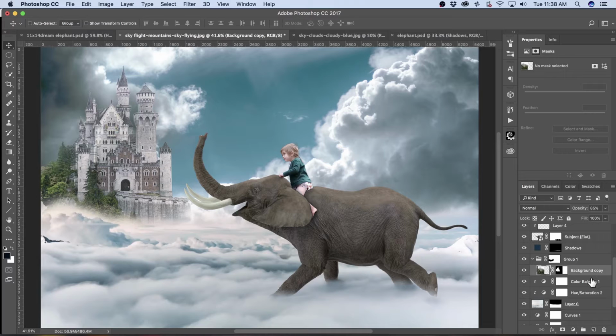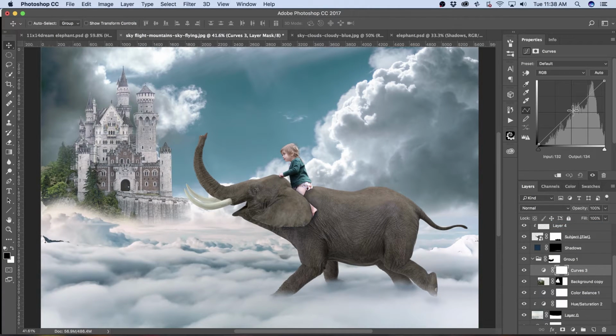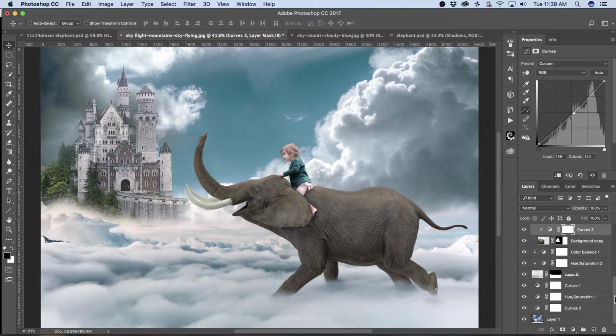To me, the castle's a little bit bright, so inside I'm going to create a curves adjustment layer and just bring down its brightness. Make sure it's clipped to just the castle. Bring down the brightness of the castle a little bit, because it is over there in the shade. All right, and like I said before,